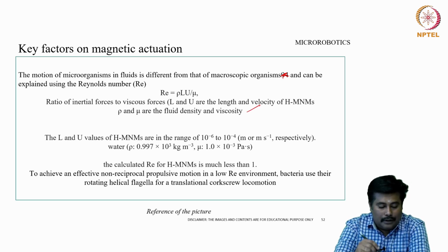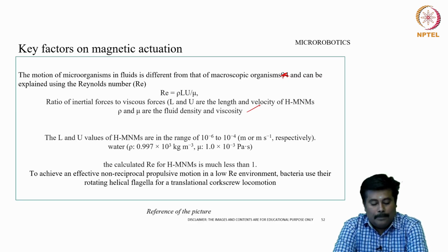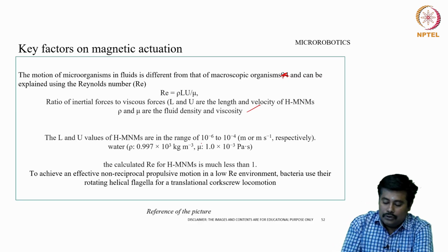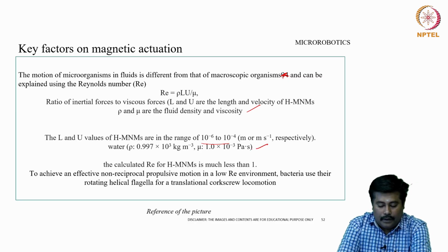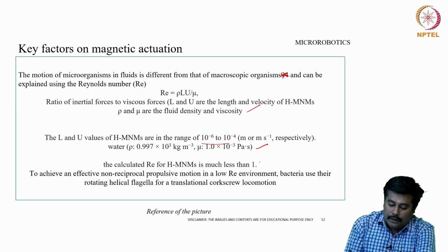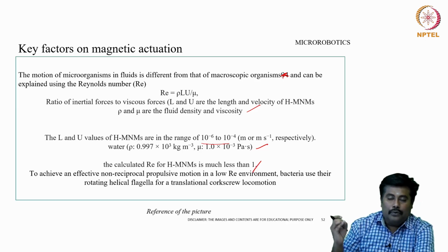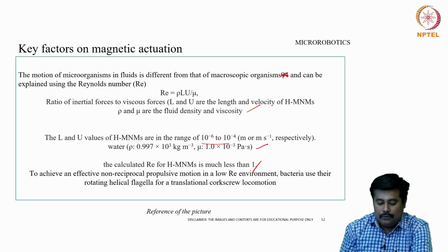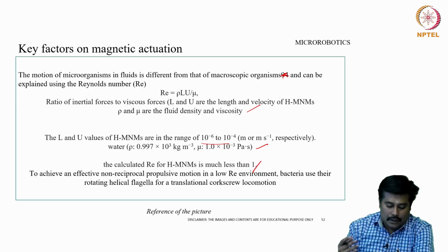The L and U values of HMR are in the range of 10 power minus 6 to 10 power minus 4, so the overall Reynolds number is less than 1. To achieve effective non-reciprocal propulsive motion in a low Reynolds environment, bacteria use their rotating helical flagella